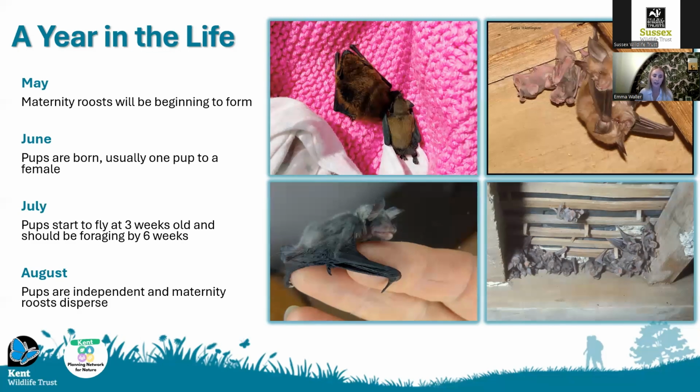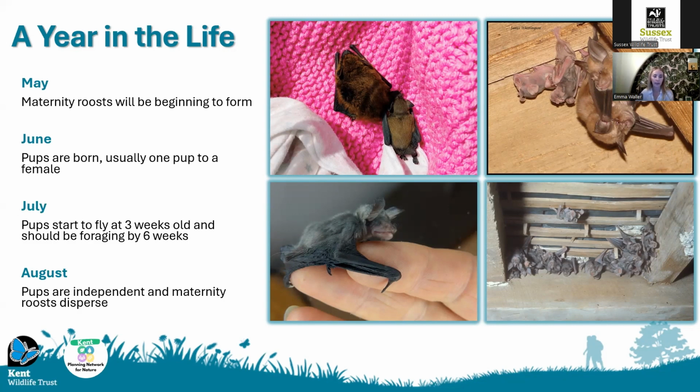But within a few days, they quickly become too heavy, and the females will leave them in their roost. And like all mammals, bats produce milk to feed their young, so the females will come back to the roost throughout the night to feed them. So baby bats develop quickly and will usually begin to learn how to fly at around 3 weeks old,